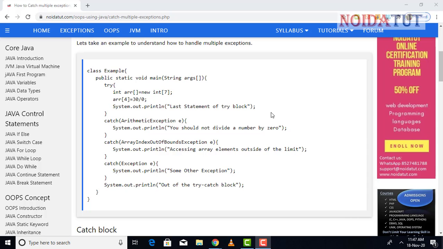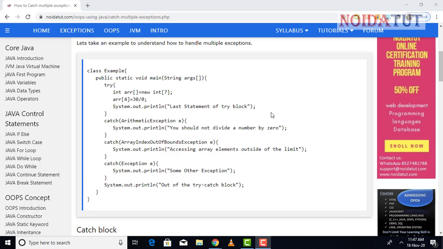If such an exception is caught, it is going to display: accessing array elements outside the limit. Now we have the last part, which specifies the default exception. That means if an exception does not match any of the exceptions mentioned, then it is going to display some other exception.